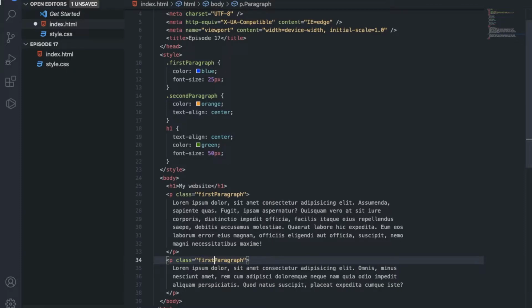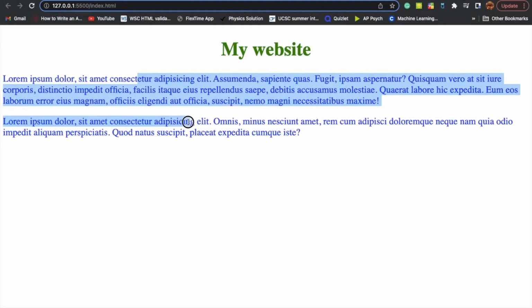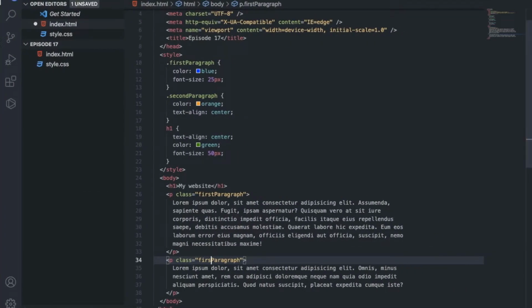If I change the class name to first paragraph, you can see both texts follow the styling for the class of first paragraph. But if you don't want this, and you want a specific styling for a specific part without making it redundant by accident,